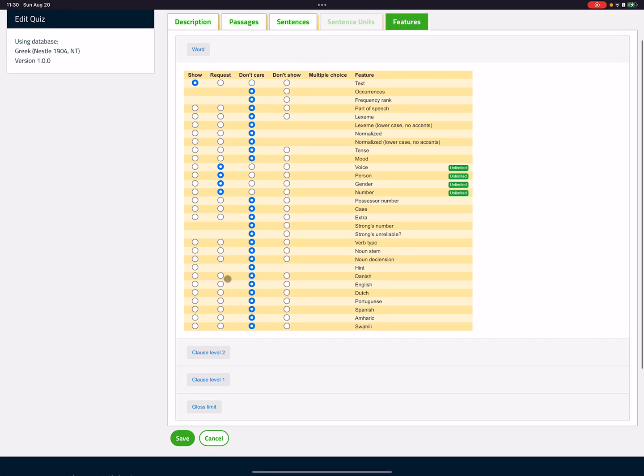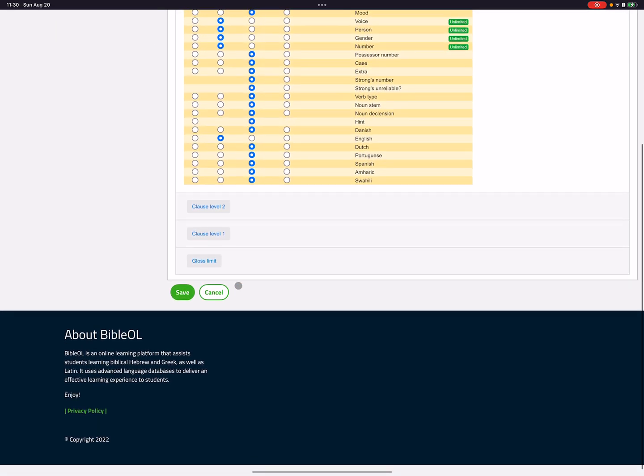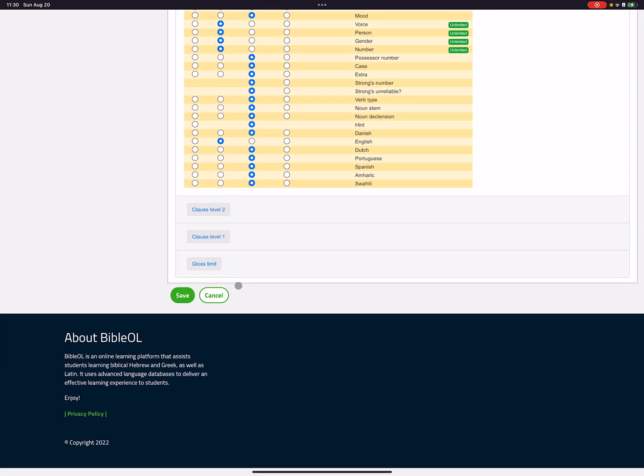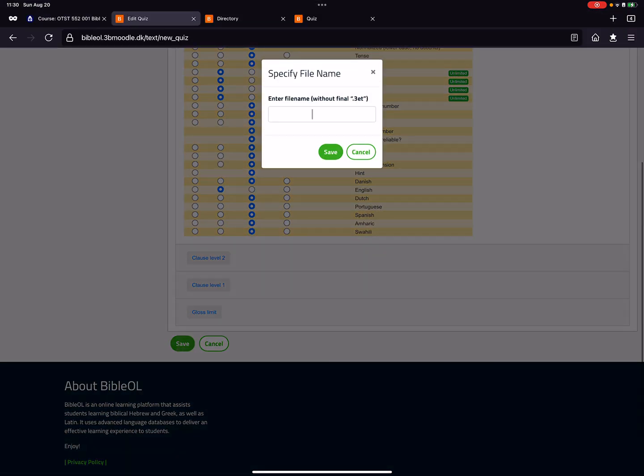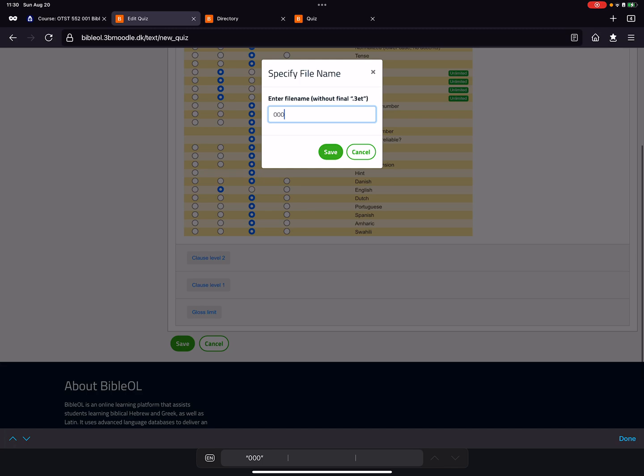Well, perhaps also we want to ask from them the English gloss, and let's also show them the lemma. That is the dictionary entry form, for it to become a very simple morphological exercise. So let's save it now,